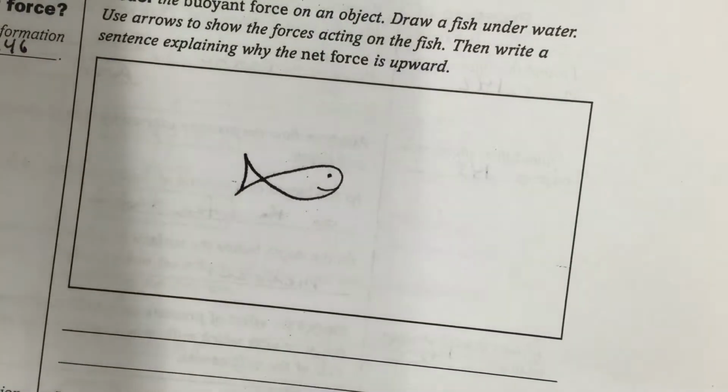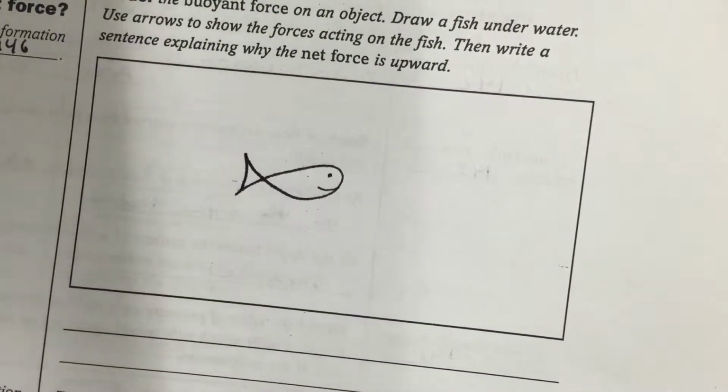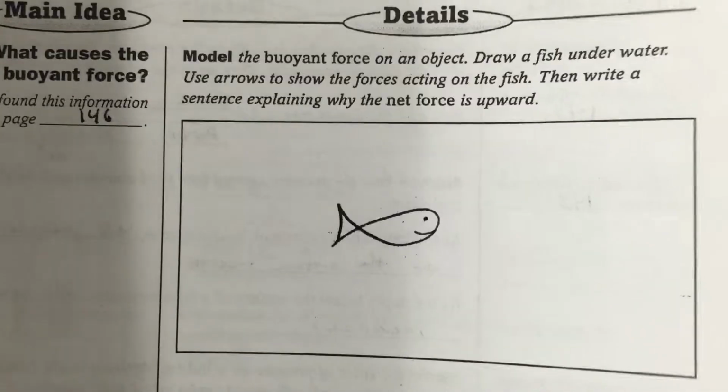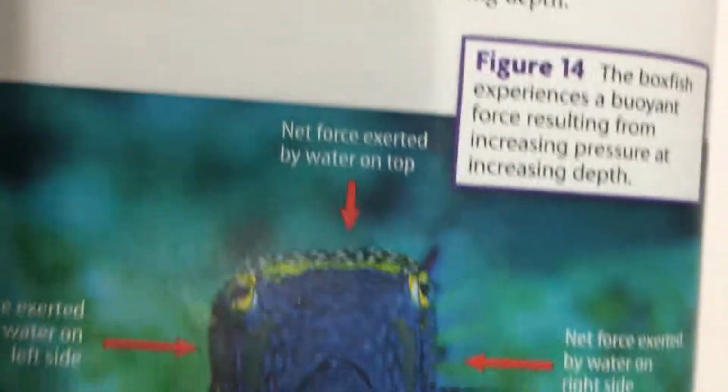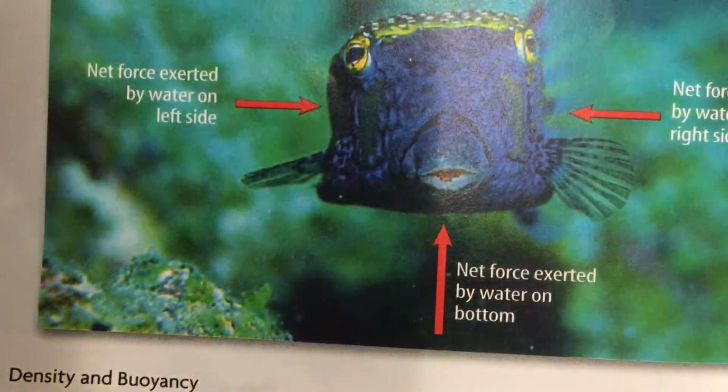Okay. This information can be found on page 146, and this is kind of confusing for kids, so I want to make sure I go over this quickly. Okay, so you'll notice this same kind of example on page 146 here where we have a picture of Nate